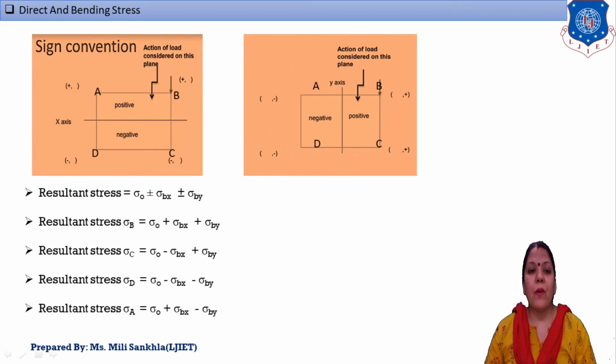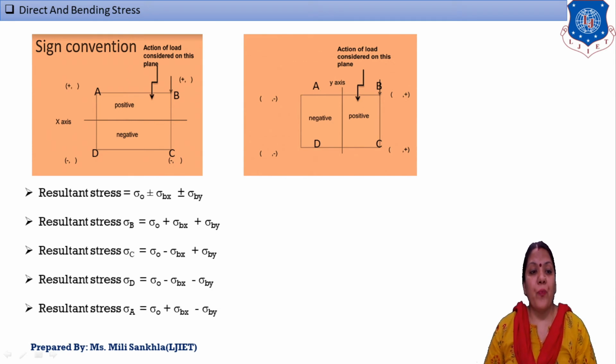Okay, now one by one we start from our B corner. One important thing: direct stress is induced at all corners of the column, and it is symmetrical and uniform. That means if an axial load is provided, direct stress is induced at A, B, C, D, all corners of the column section. There will be no change regarding direct stress; only the direction of bending stress about x and y changes with respect to the corners.